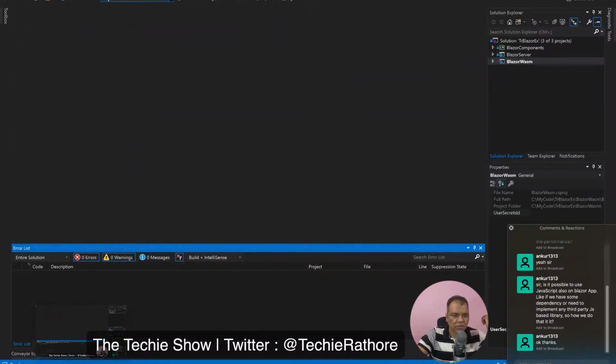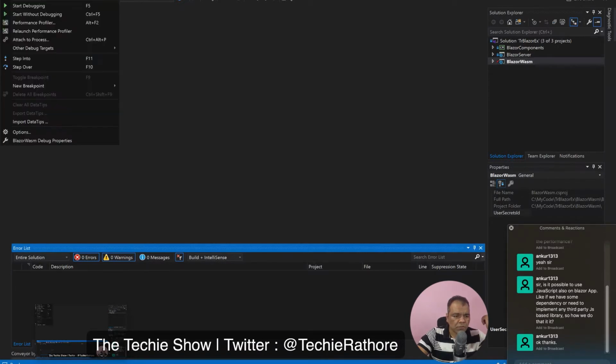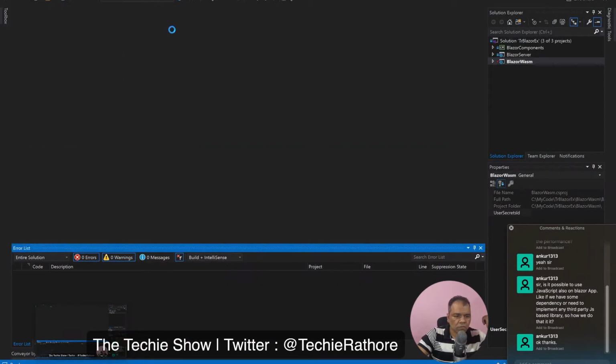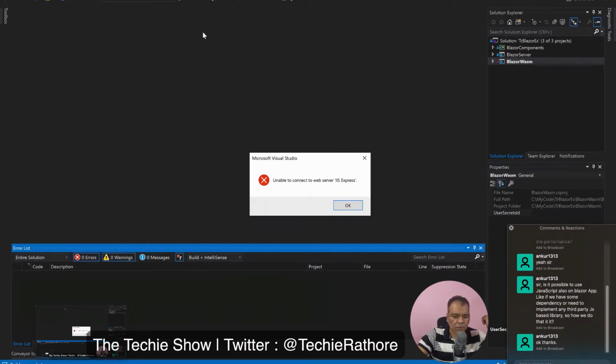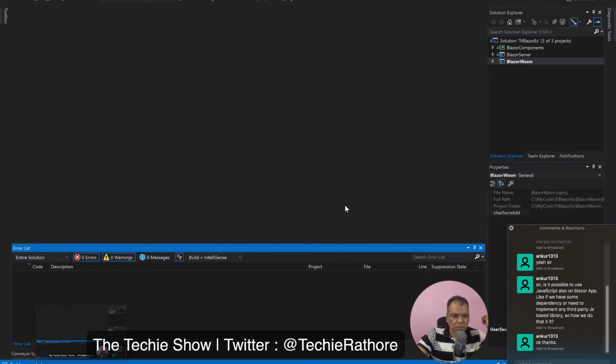Let's try to run this one more time. Debug, start. Okay, unable to connect to IIS server.